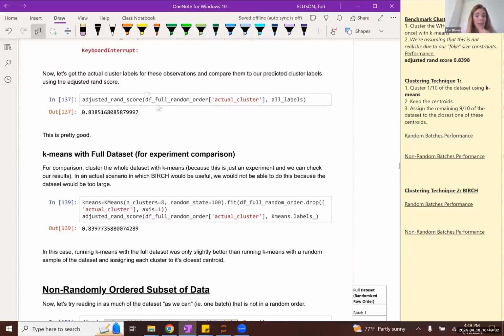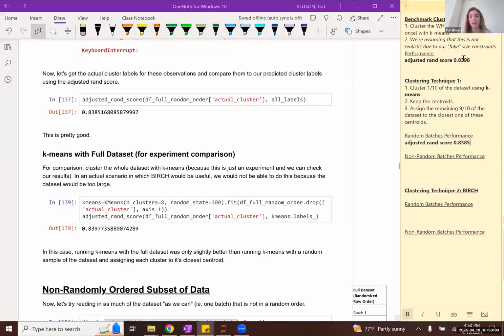And the nice thing is, if we were to calculate the adjusted RAND score between the Gaussian labels that correspond to each of those observations in our full data set and the cluster labels assigned using this clustering technique, when each of those observations were fed in a random order, that adjusted RAND score is 0.8385.